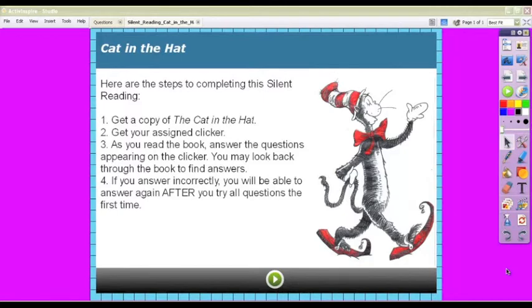What I typed as the title was Cat in the Hat, as you saw in the Question Manager, and the steps that I wrote appear here. It's simply putting text on your slide. It also automatically created the banner across the top that is blue, the black banner across the bottom with the gradient with the play button, and the nice turquoise ring around the edge. The only thing that I added was a picture of Cat in the Hat. I just inserted an image, which is a JPEG of Cat in the Hat.